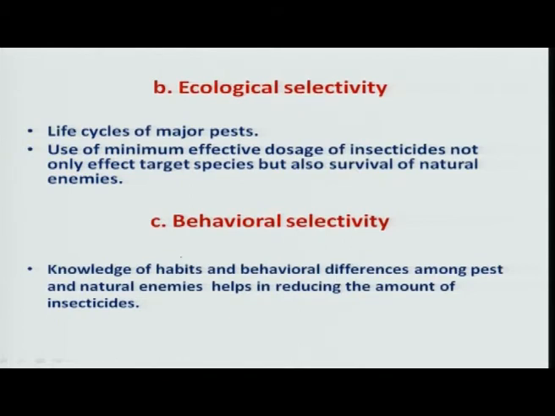Coming to ecological selectivity, one needs to study the life cycle of a particular insect pest before its management. By studying the life cycle of the insect, we will understand the weak points in its developmental stages or in its life cycle. By knowing the weak points, we can use very minimum insecticide which is most effective at a low concentration. Thereby, the target species can be checked as well as the natural enemies can be